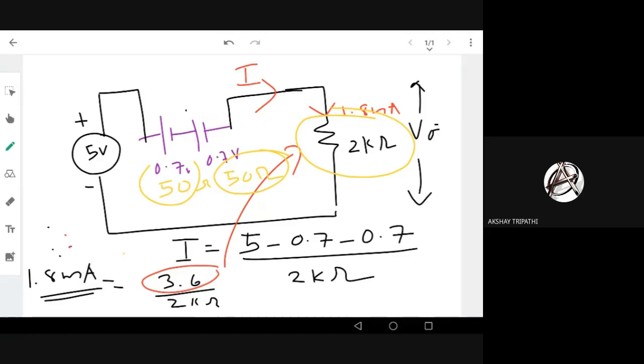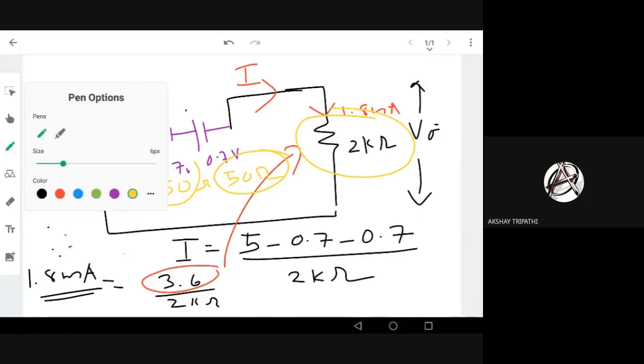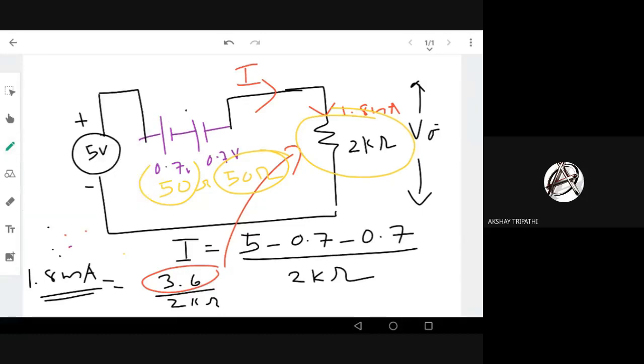But if you want a more accurate reading, if I need a perfect reading, now you have to add the resistance also. You need to add a resistance for each diode, and this resistance you have to get from the data sheets. We cannot take any random resistance. For example, I don't know what my diode is. I don't know whether the diode is IN4001 or IN4007 or any other, germanium diodes, all those things. And at least 0.7 means it is a silicon diode. Okay, fine. The silicon diode is 0.7.